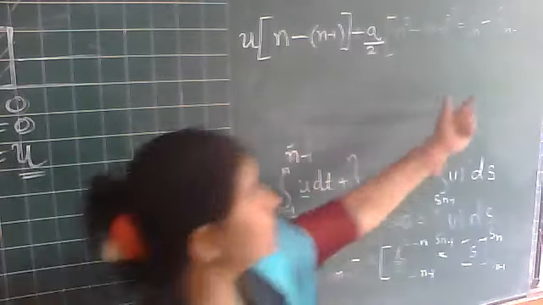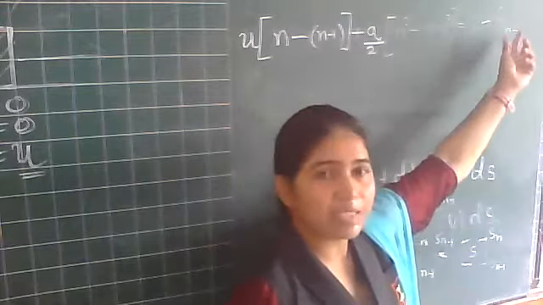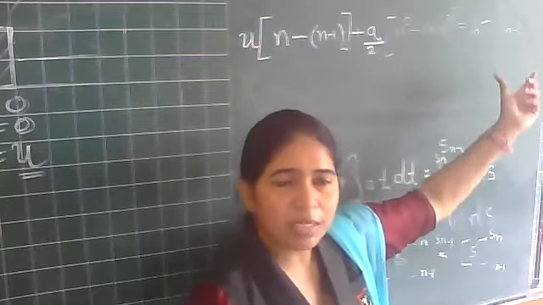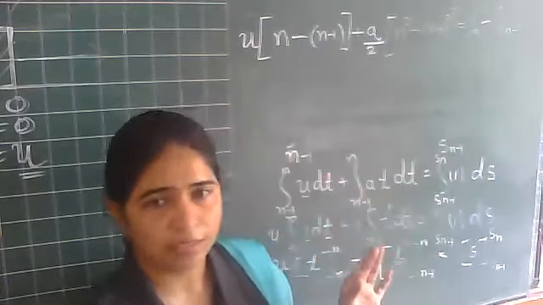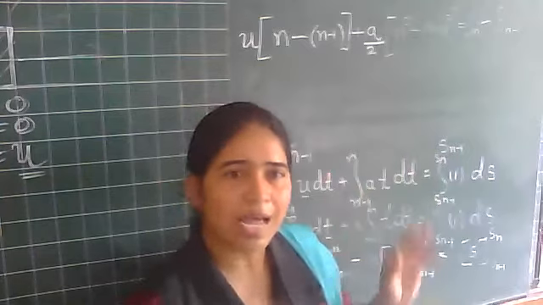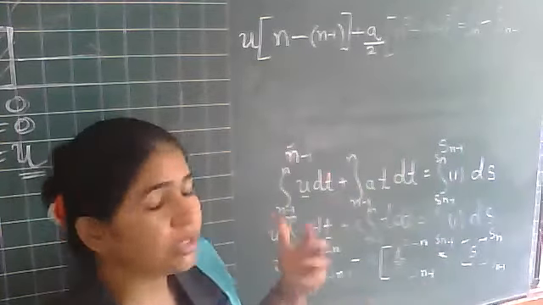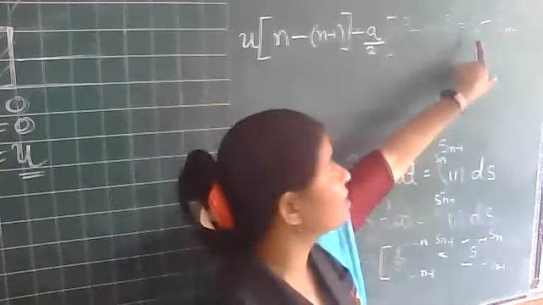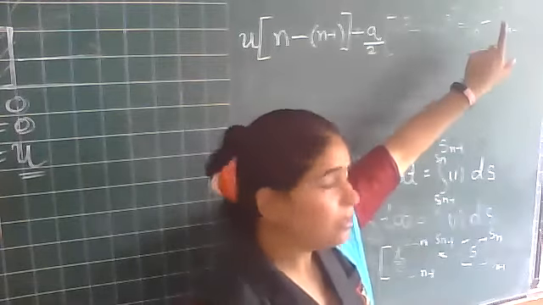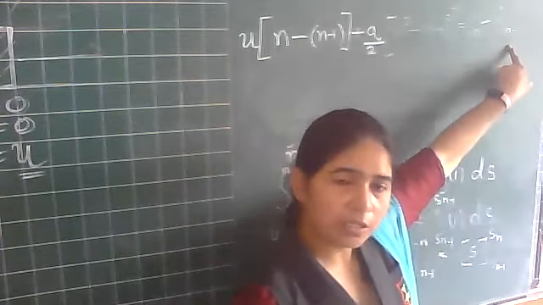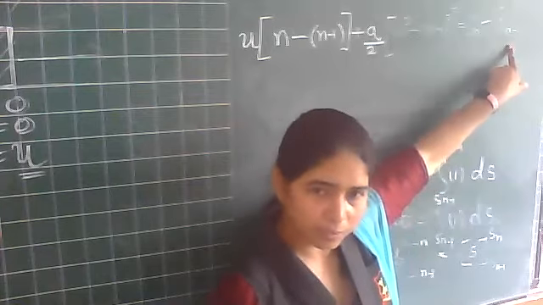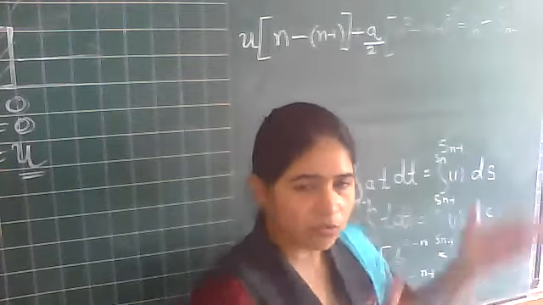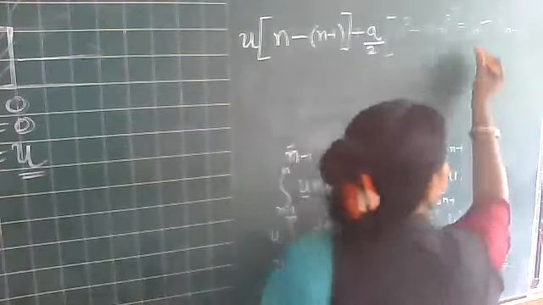Now this term, Sn minus Sn minus 1, gives you the displacement in the last second. For example, we took that in total 20 seconds the distance was 50 meter, and till the 19th second the total displacement was 45 meter. So in the last one second, how much distance is covered? 50 minus 45. The same thing has happened over here.